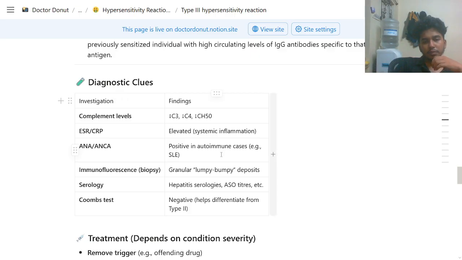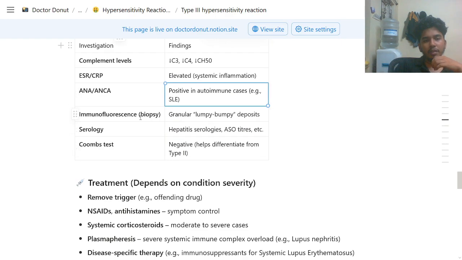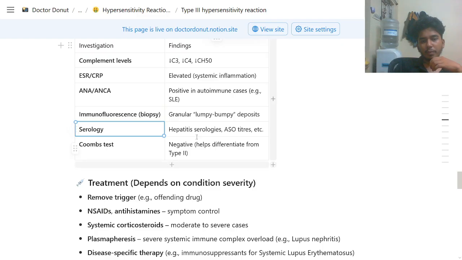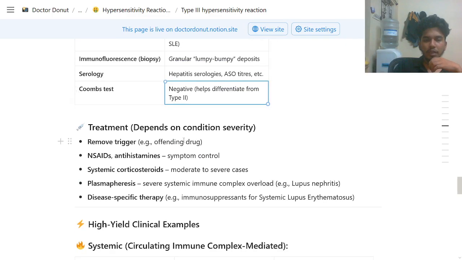ANA or ANCA, which is positive in autoimmune cases. Immunofluorescence, which can show granular, bumpy patterns. Serologies like hepatitis, ASO titers, and etc. Coombs test negative helps us differentiate from type 2. Treatment will remove the trigger, and again, it will depend on the condition exactly. So NSAIDs,